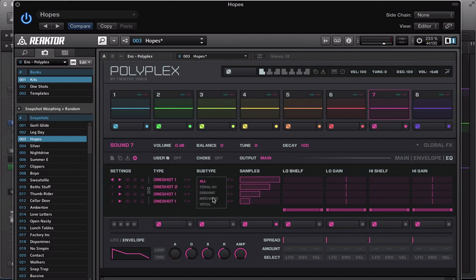subtypes: tonal, organic, mechanic or vocal. If you actually go into one-shot 2, you get some different options. So you get tonal synth, ambience, SFX and impact. If I look at the tonal synth section here and select a kind of tonal synth to use for this sound,